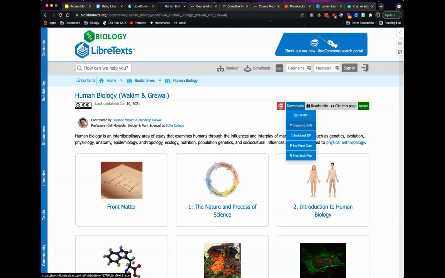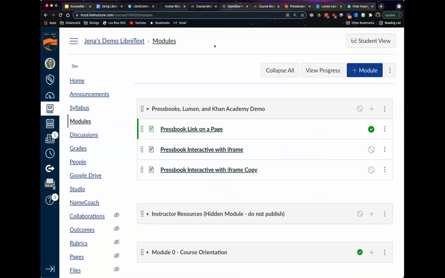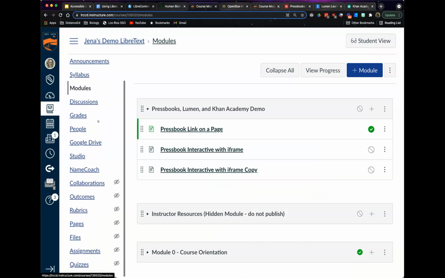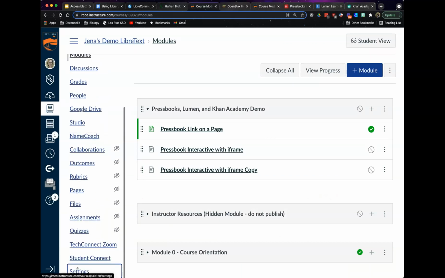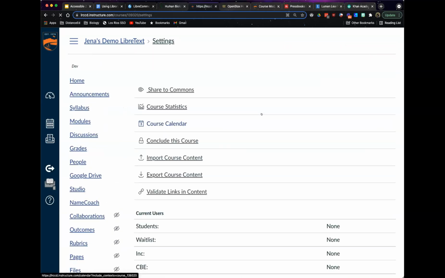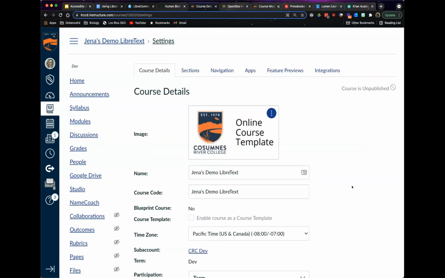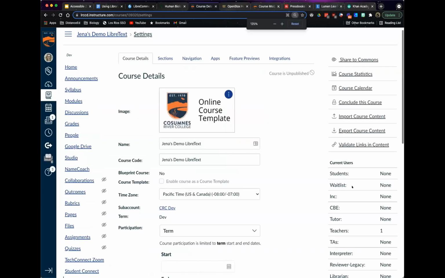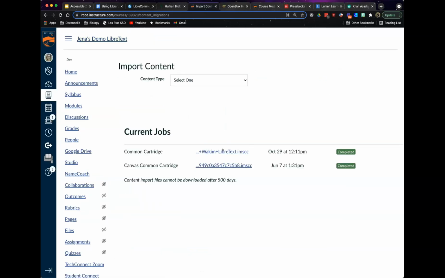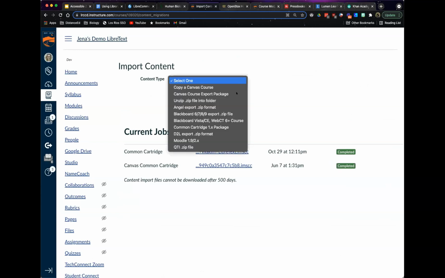Selecting this button will create a workflow where you will be prompted to download it to your computer, and then you can import that into your LMS as a course file import. So here I am in my LibreText module, and if I go to settings, I can import course content, and then I can select my course file